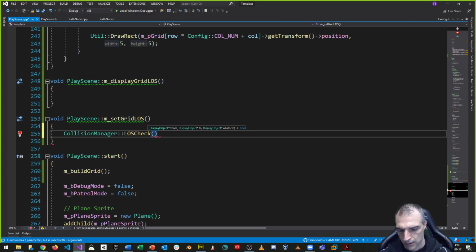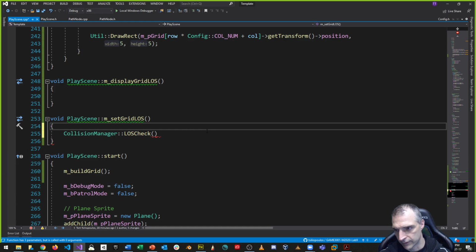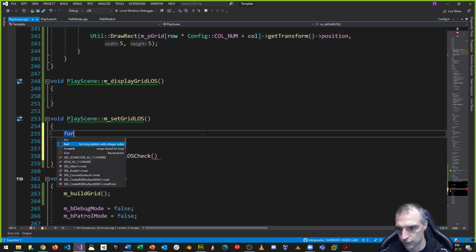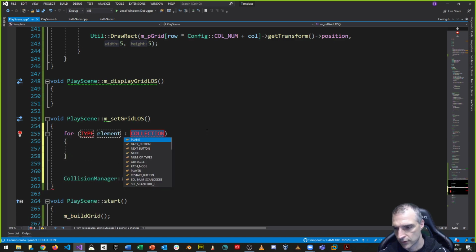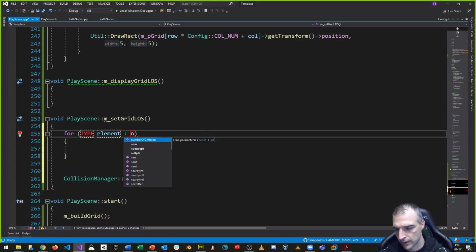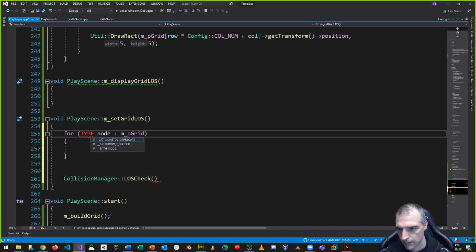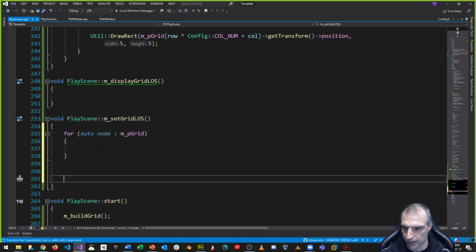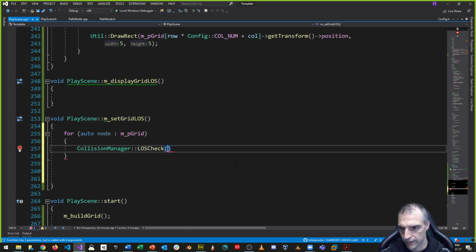So from the grid tile, and again, we're going to do a for each node in m_p grid, for each node auto, for each node in the grid, right? What I want to do is check line of sight with the node transform position,